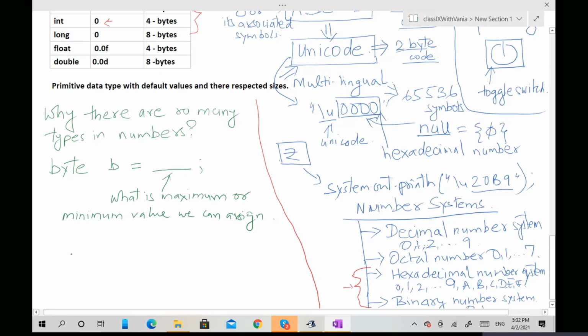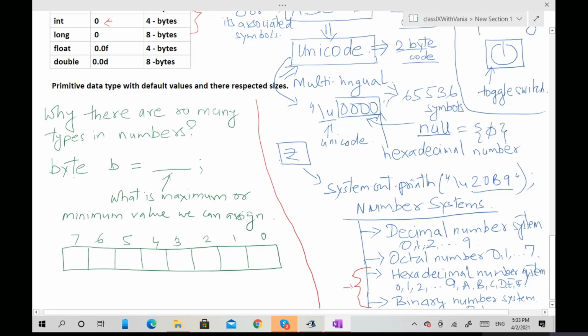Bits are switches. Now I'm explaining what the use of these switches is. A byte means 8 switches. If you define this variable, it activates a group of 8 switches, numbered 0, 1, 2, 3, 4, 5, 6, and 7.